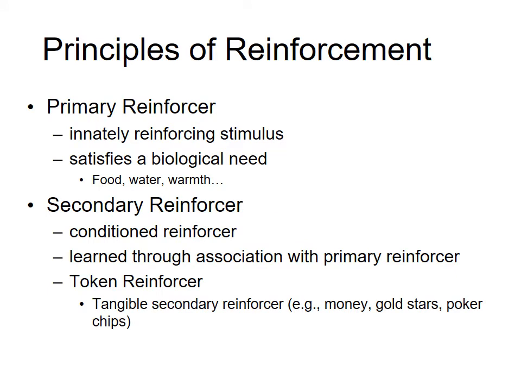There are also different versions of reinforcement. When we talk about a primary versus a secondary reinforcer, we're not really talking about levels, but about ones that we would work for, and they do tend to differ. A primary reinforcer is innately reinforcing; it's something that we need to survive. So food, water, warmth, anything like that would be a primary reinforcer.